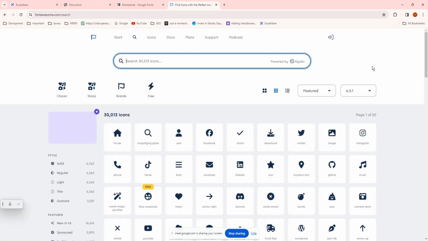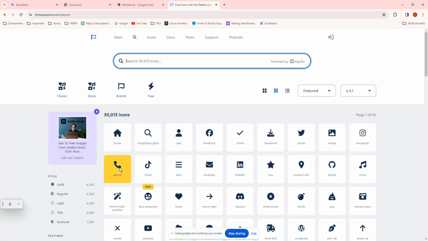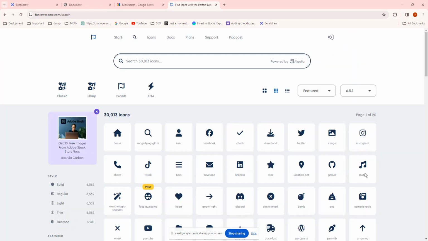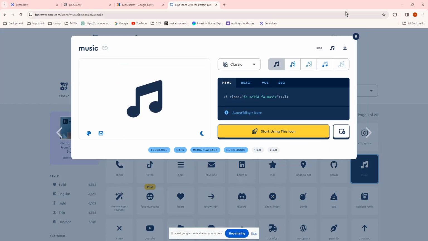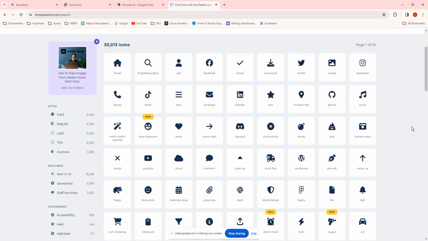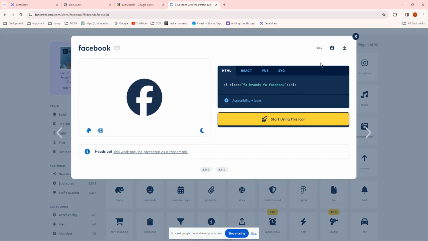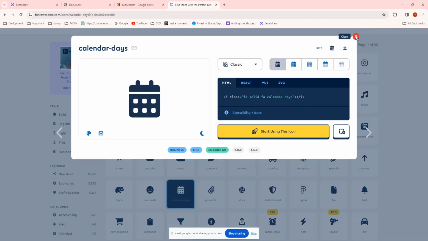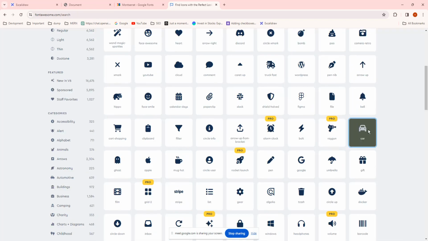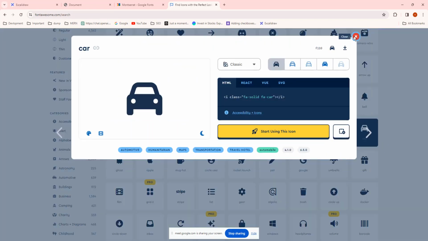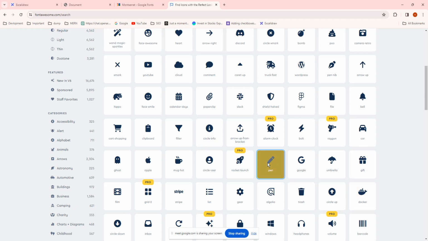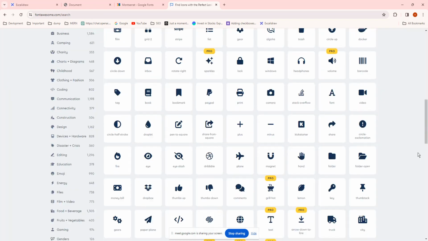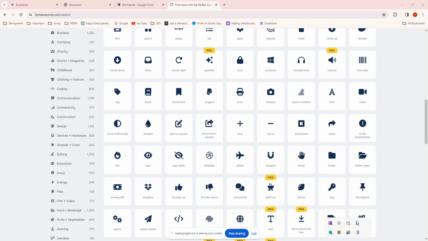Okay, I want to use a phone icon, so this is the icon. I want to use a music icon, so I have to use this icon. I want to use a Facebook sign, so this is the icon. I want to use a calendar icon, so this is the icon. I want to show the car icon, so this is the icon. If you want to use a pen icon, this is the icon. So this is how we are going to use the icons. Tomorrow's session we are going to discuss different